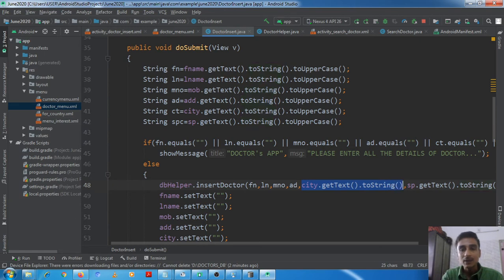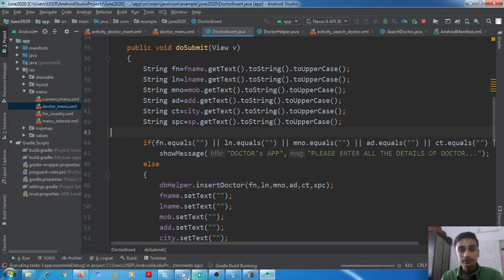So it will be in the same case, no capital data will be inserted, that's why it is giving error. And while searching we are making it uppercase, so it is the error. Okay, now again we should run it and check it.